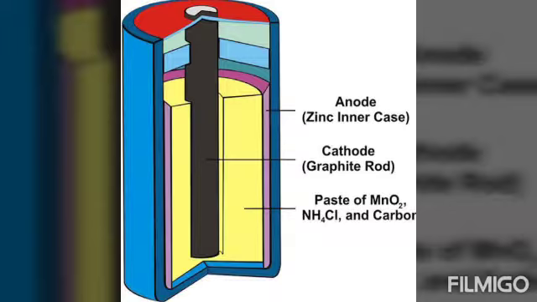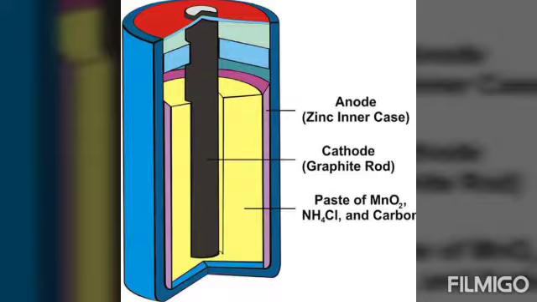Now the chemical reaction of all these chemicals takes place and electrical charge is produced on the two terminals, the graphite rod, which acts as a positive terminal, and the zinc, which acts as a negative terminal. The potential difference is maintained and electric current flows in the circuit.